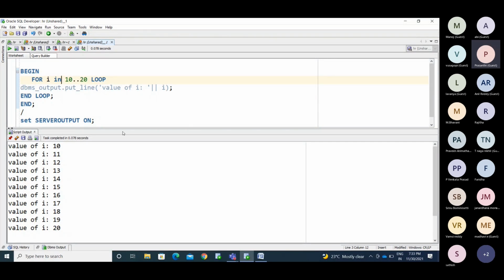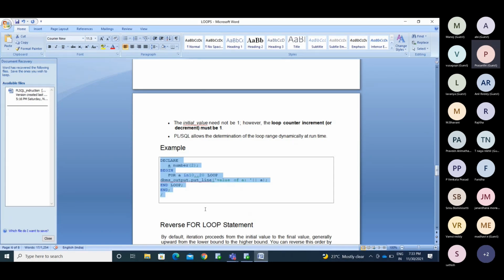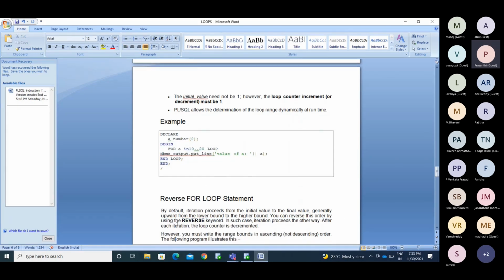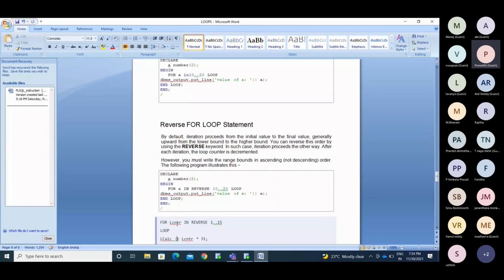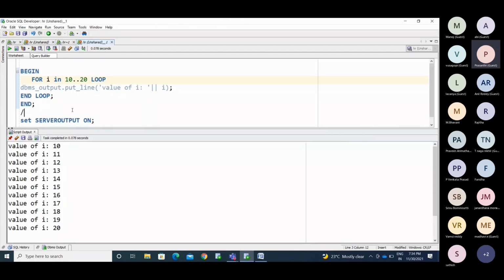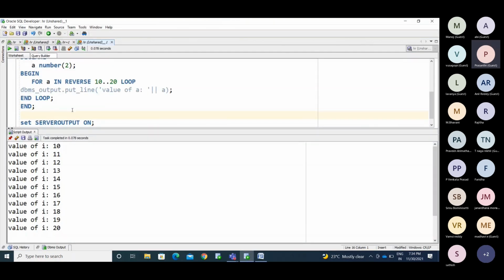Okay, if I use the reverse for loop, what will happen? Can you observe here?